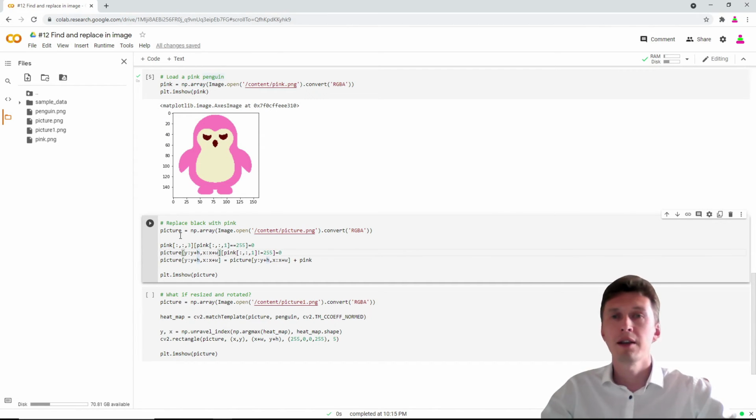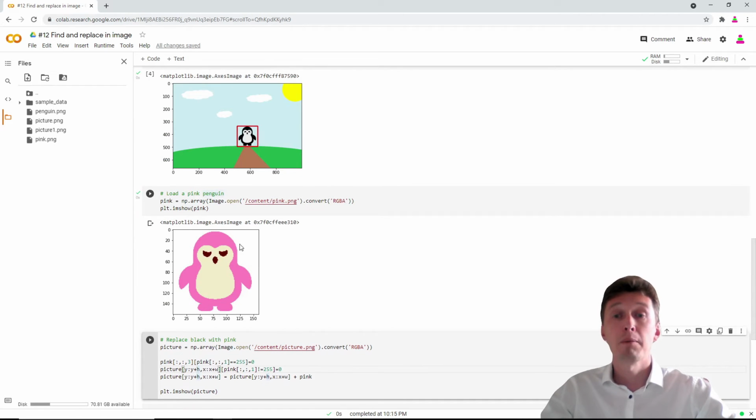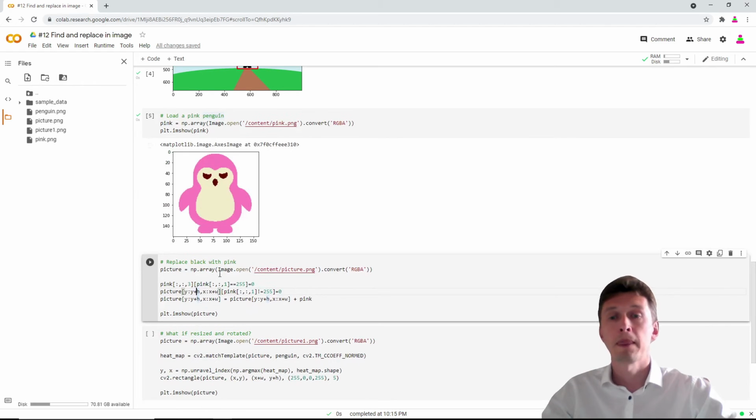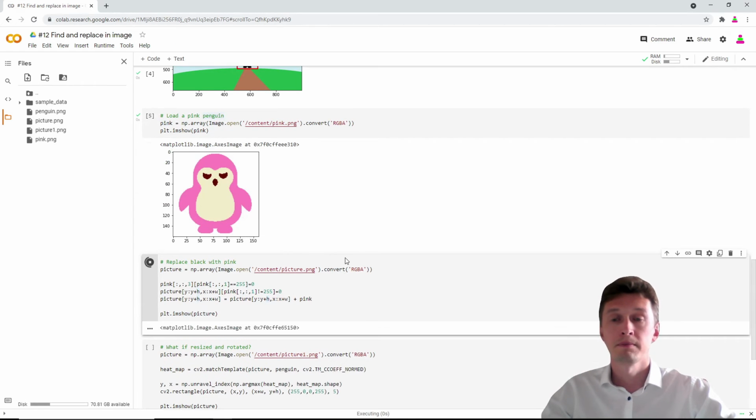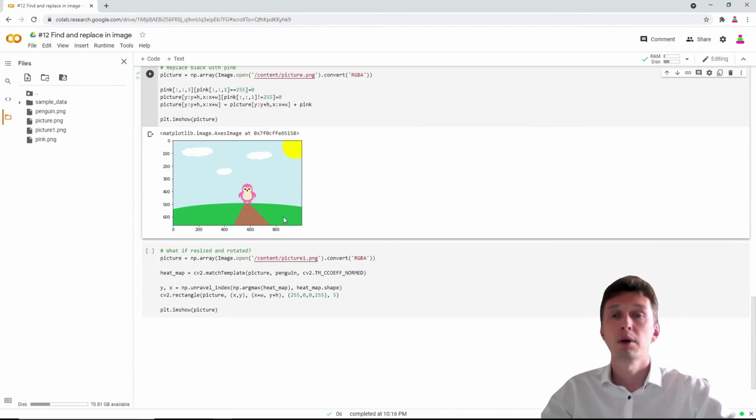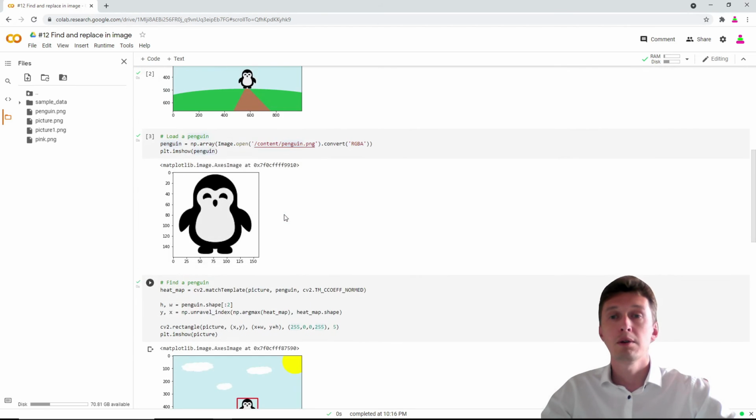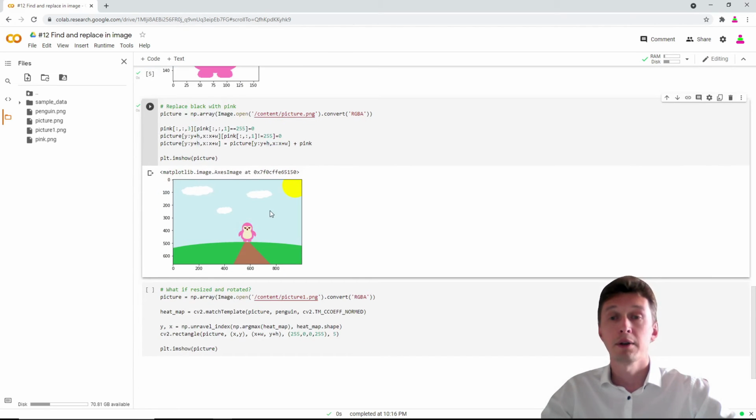It is brain cracking, but the main idea is that I make all the white background of this substituted picture transparent to take the blue sky background from the picture, and vice versa. In the picture I make all the body of the black and white penguin transparent to take colors from the substituted one. Okay, let's do this. You see, it worked pretty well. He was black and now he's pink.